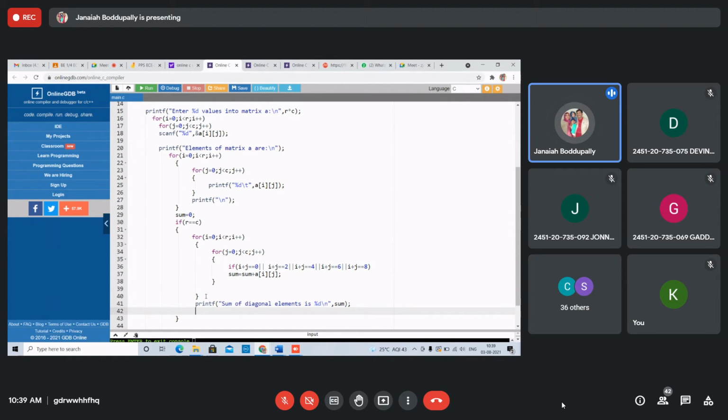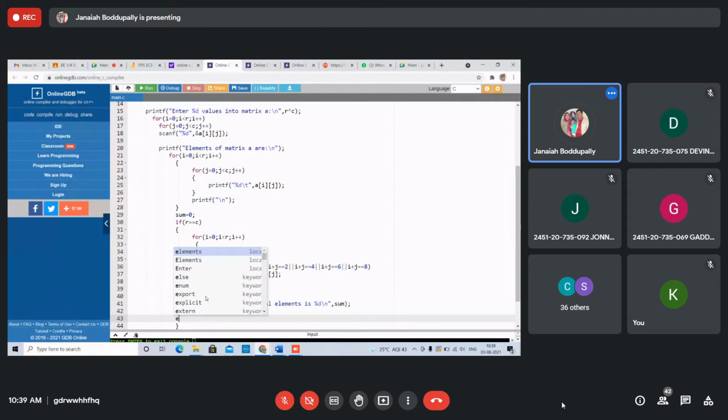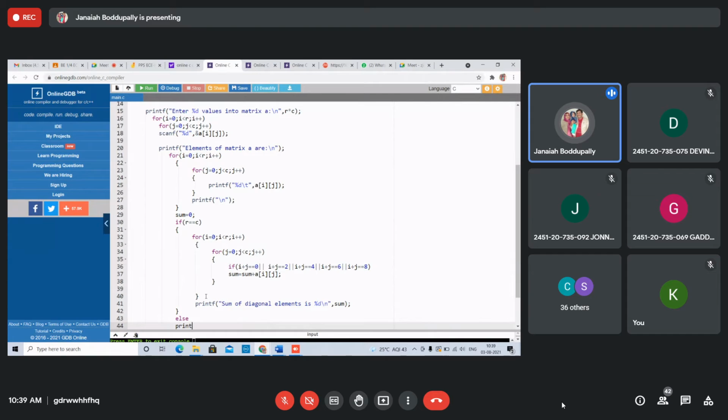Now the if case is over. Enter. Right? We close this. Else, printf the square matrix only it is possible. Printf addition of diagonal elements is not possible.